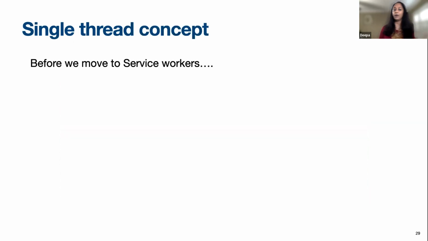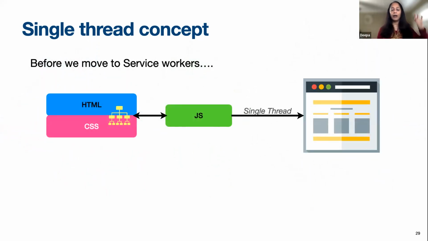So yeah, now let's move on to service workers, right? As you know, JavaScript here runs on a single main thread. And if you are a web developer, you know how tightly coupled it is with HTML pages. So this is how it works in a general website, as a single thread, right? The JavaScript file interacts with your DOM, and then it renders,